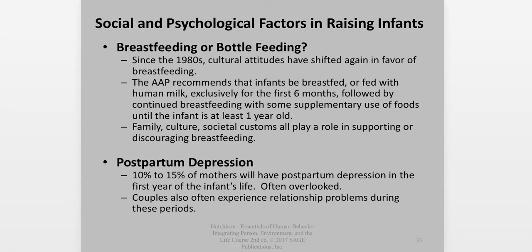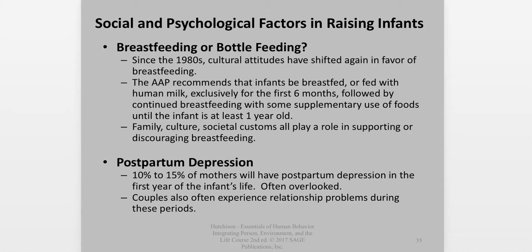The AAP, and I forget what that stands for, recommends that infants be breastfed for at least the first 6 months, with only human milk, followed by continued breastfeeding with some supplementary use of foods until the infant is at least 1 year of age.